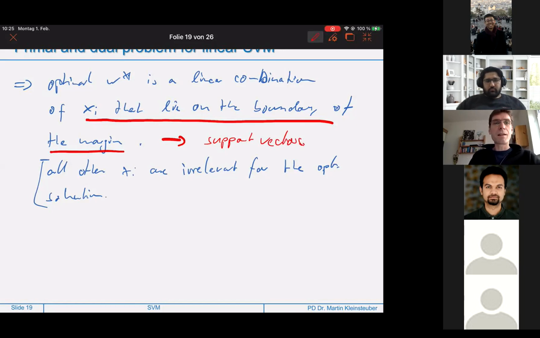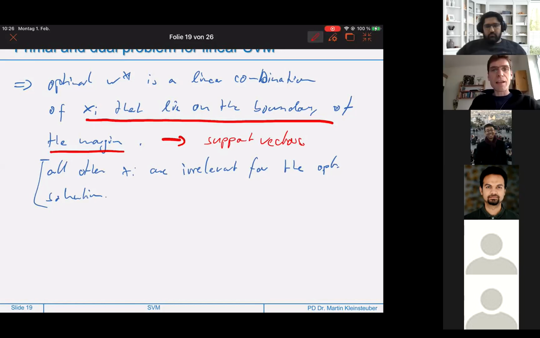Okay, I see that there is a question from Jim. Yes, hi, I have a question. Shouldn't it be W star times X be the linear combination, and W star only the weights? Because we're multiplying W star with the xi's, right? Well, that's true. The sign with which the xi come into this linear combination is determined by the yi. That's true. But nevertheless,